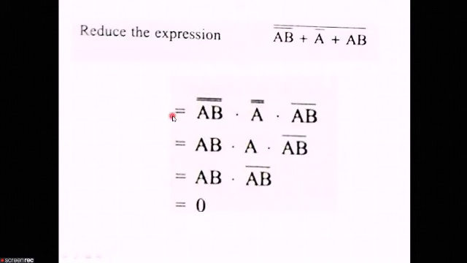Now we break the upper line between this one, AB and A, and the line between A bar and AB, and we are changing the sign here. We are breaking the line here and here, and we are changing the sign here. Now if we break the line here, what we will be getting is A dot B double bar, plus sign will be changed to dot, A double bar, plus sign will be changed to dot, A dot B bar. Now just see here.